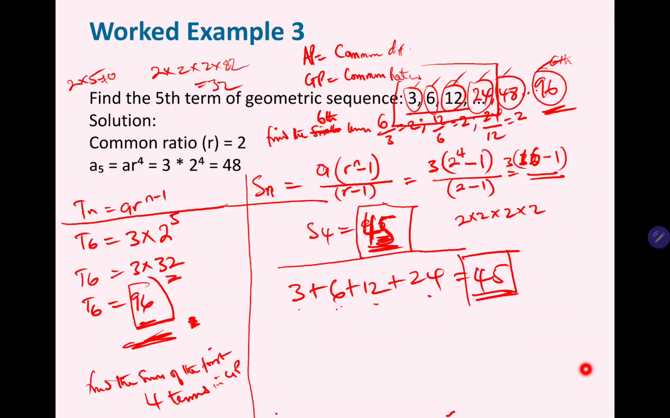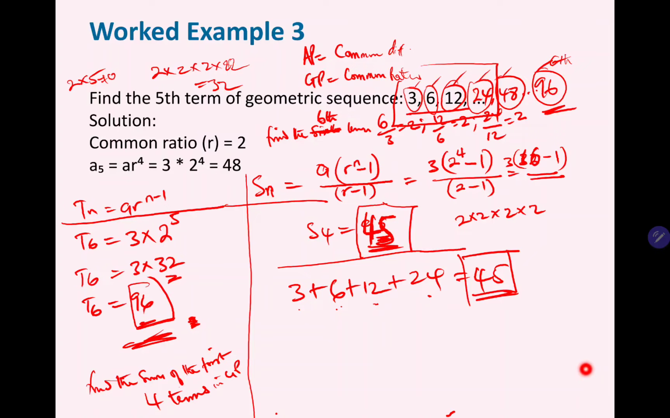So if you're told to look for the first 20 terms in a geometric sequence, you cannot do it manually. You have to go by the formula. It's good to add here that this is for a finite geometric sequence. But if the sequence is to infinity,